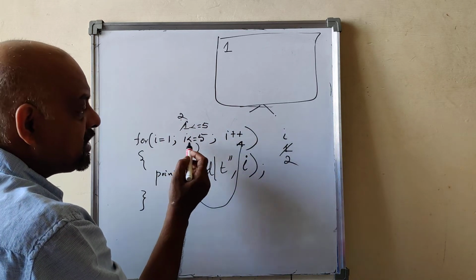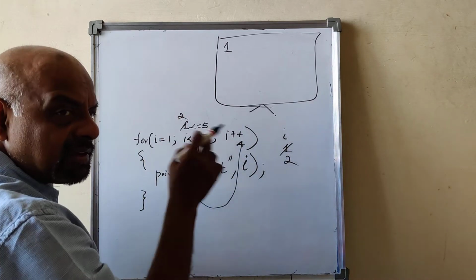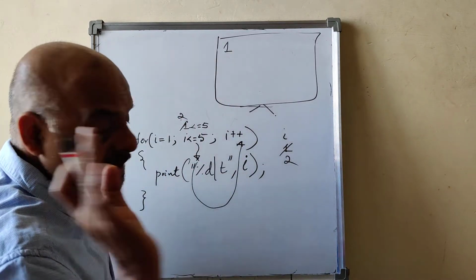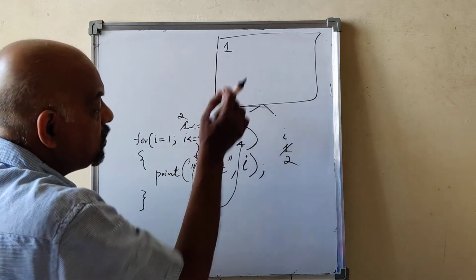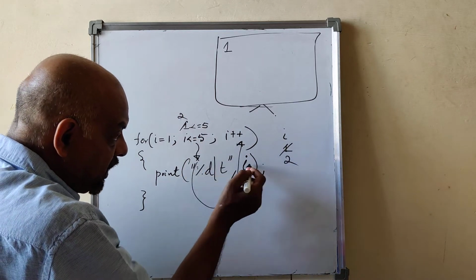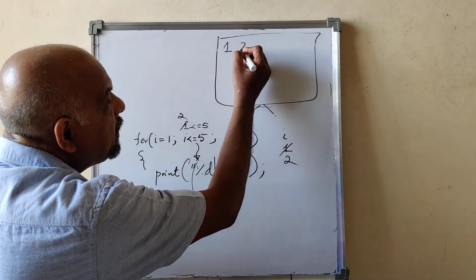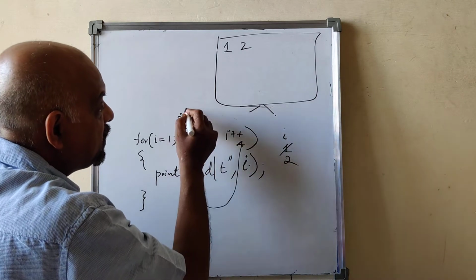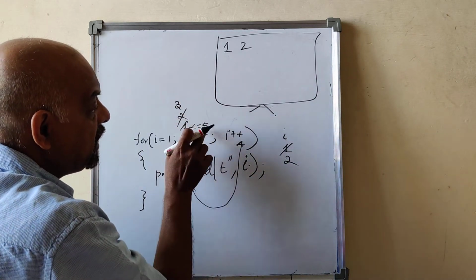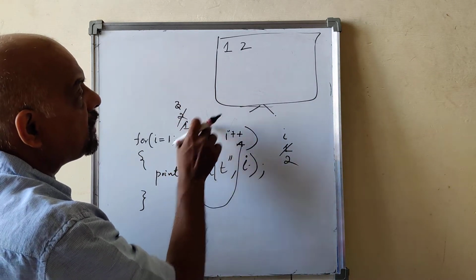This is a very important statement. You have to repeat the loop as long as this is less than or equal to the final value. 2 less than or equal to 5 is true. Again you enter the loop. Print I, integer format. 2 will be printed. I will be incremented to 3. 3 less than or equal to the final value.